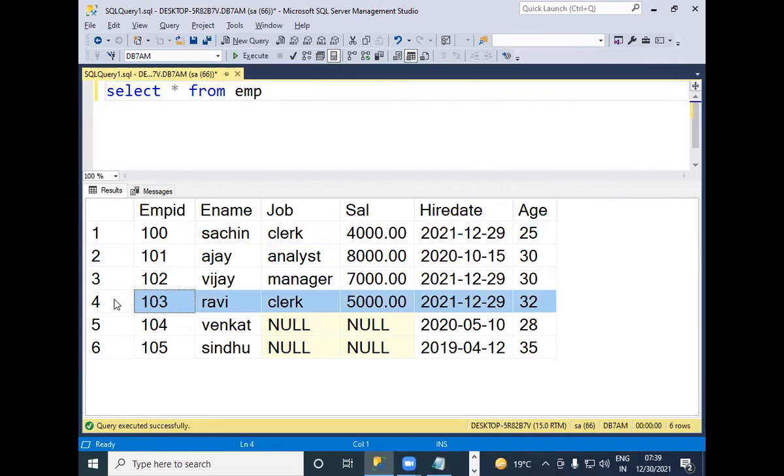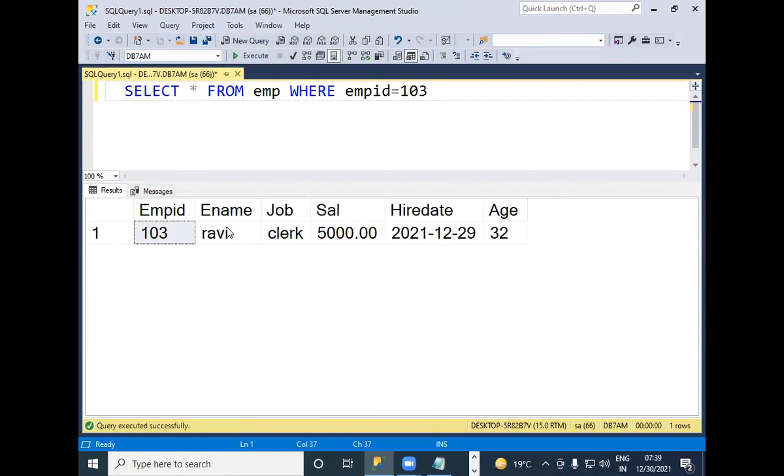It selects this row. But what values are displayed? Because you are selecting star, it displays all the values. Select star from EMP where ID equals 103. So this query will show 103 details. My table contains a number of rows, but this query will select only one particular row whose ID equals